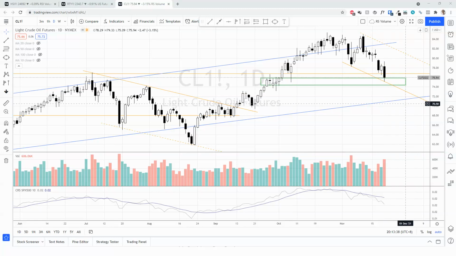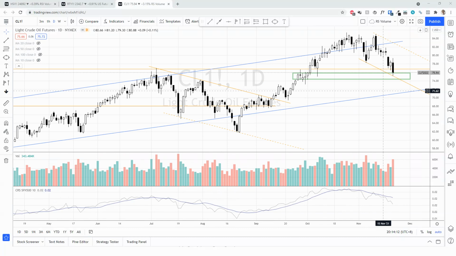Subsequently we see that there is a test. This is a test of the previous high, and eventually there is a reversal and a reaction down. I pointed out this support area in the Telegram group as well. This is somewhere around 75. It's a very important level that we need to pay attention to, because this is the support area. If it breaks, I think that we could probably see some kind of downward action continue. So let's just take a look here.